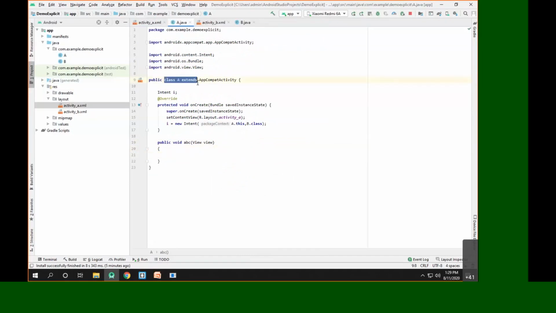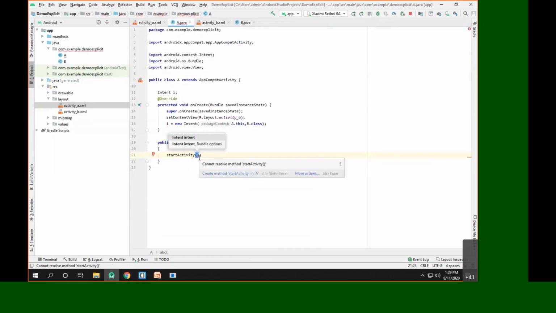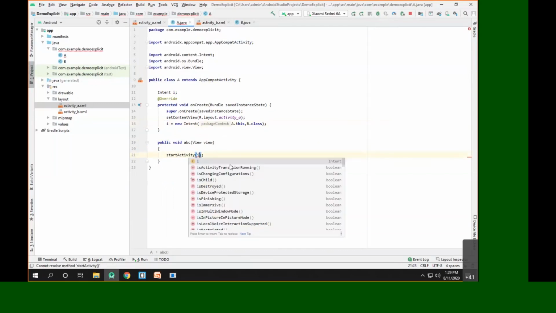Inside activity A. Now we have to simply launch an intent. How do we launch an intent? By calling a method called startActivity. You can see startActivity is a method which takes an object of type Intent. So we'll say startActivity, and we have the object of type Intent whose name is i, so we'll pass i here.